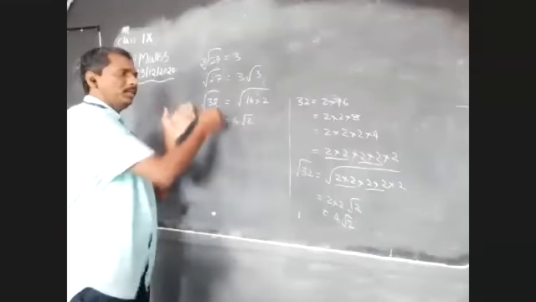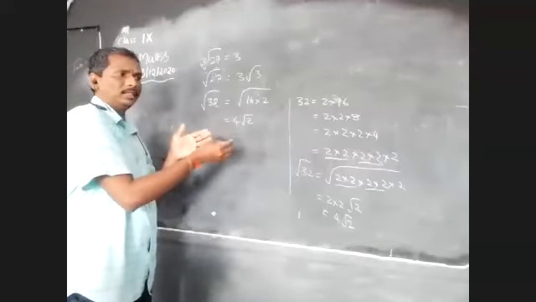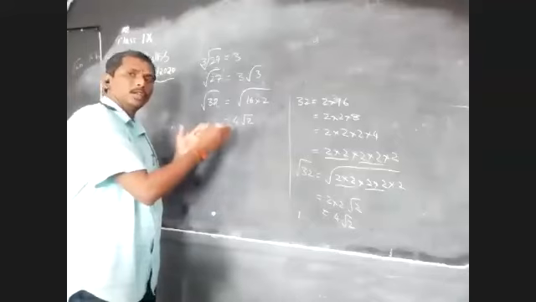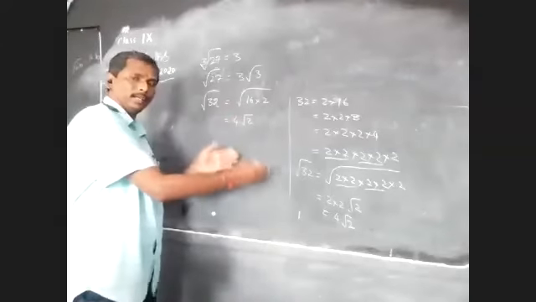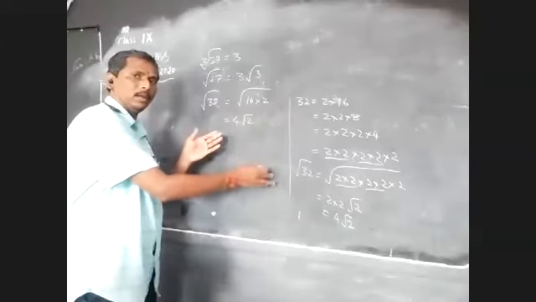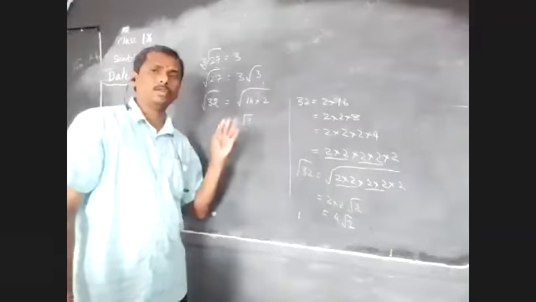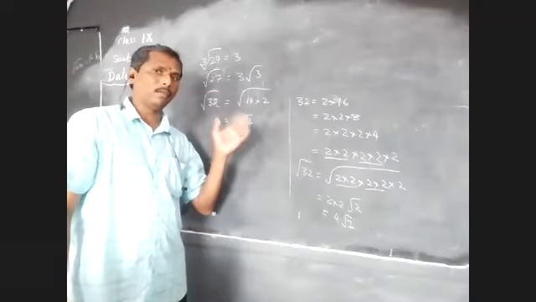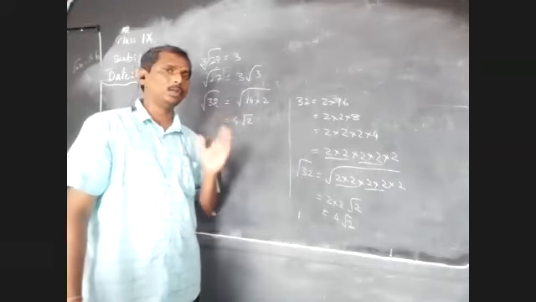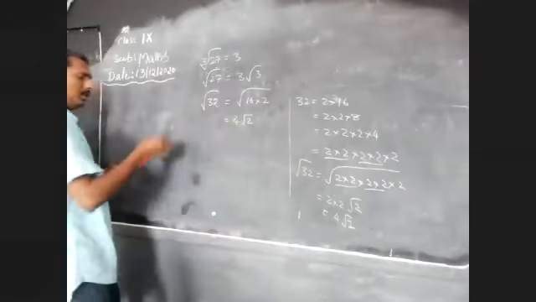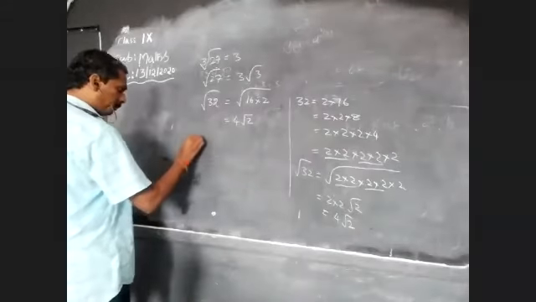Why am I saying this? In the next exercise, the problem simplification is like this only. So you can take the prime factors, the squares and the cubes, and also you can take the perfect square roots and also the cube roots. So same way, next I am taking root of